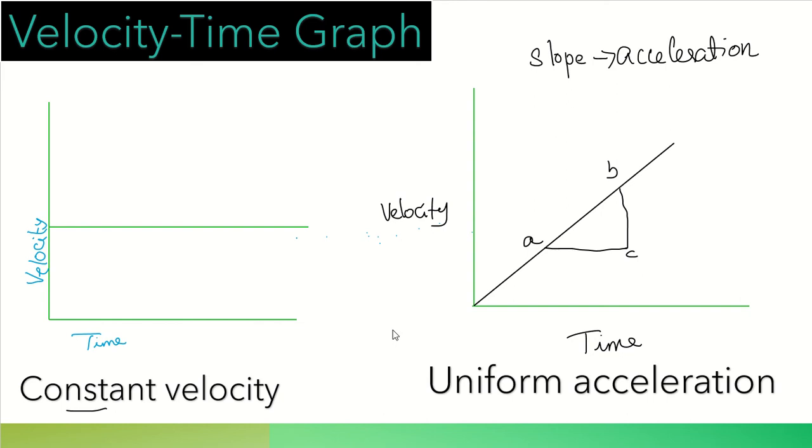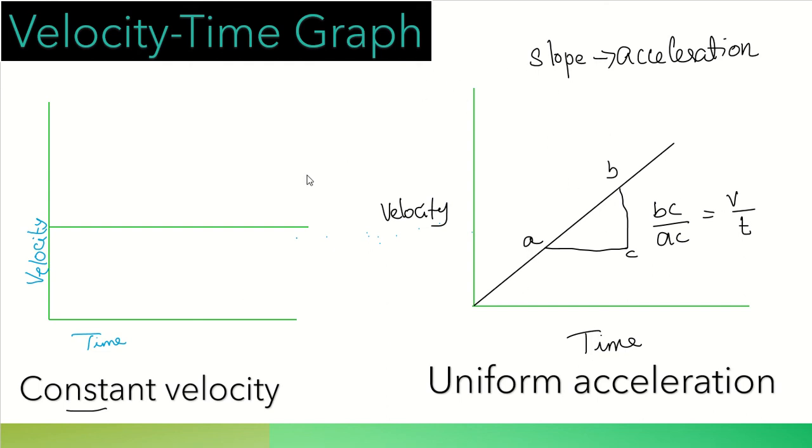Do you know how it is coming as acceleration? Slope is equal to BC divided by AC, right? What is there in BC? We have velocity, the change in velocity. What is there in the x-axis? AC is representing time. So V by t, change in velocity by time. We are taking the change in velocity from this position to this position, so that gives you change in velocity and change in time. So you will get acceleration. This is how we get acceleration from the slope of the graph.